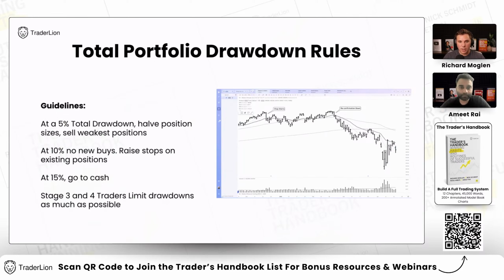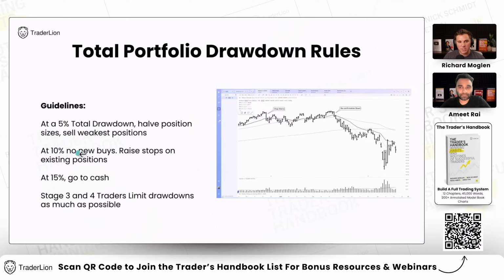At 5% drawdown, have starter position sizes, sell your weakest positions, especially ones that are breaking below moving averages. At 10% drawdown, this is basically looking at your equity curve and seeing if it dropped 5%. This is the first one, 10%, the second level, 15% all the way down here. And as you gain experience on more stage 3, stage 4, you can be a lot faster than that. Because I definitely want to be much closer to this 10% possible drawdown if we enter a full correction, and even less than that, so I can profit from the next move higher. But this is kind of a good guideline, rules of thumb here.